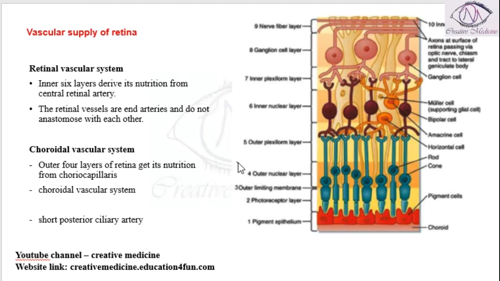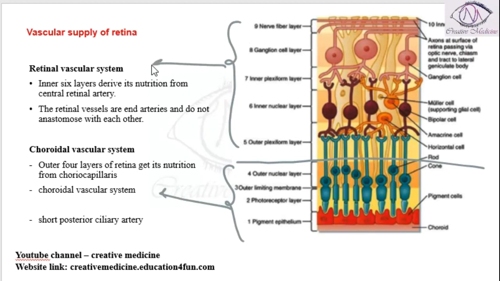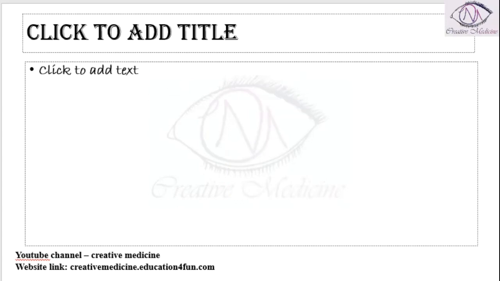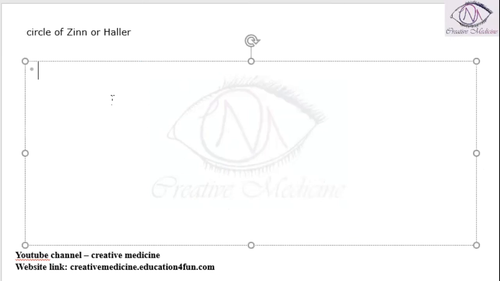So till here, the outer four layers will receive nutrition from the choroidal vasculature, whereas the inner six layers will receive nutrition from the retinal vasculature. Most of the time the retinal arteries are end arteries without any anastomosis, but there is something called the circle of Zinn or Haller, where this is nothing but the